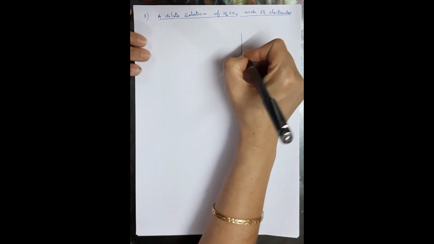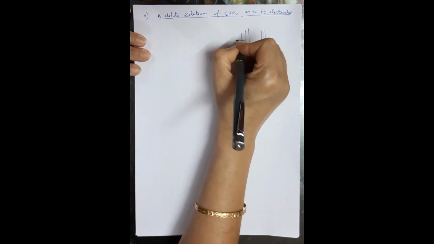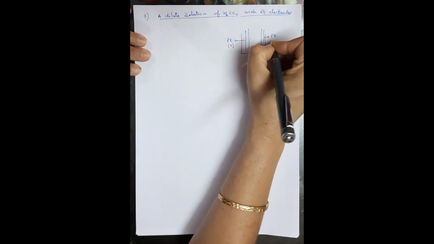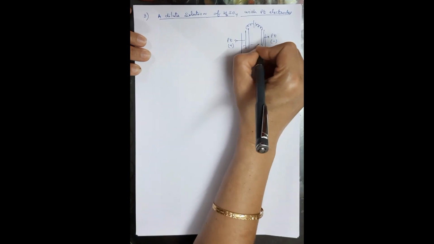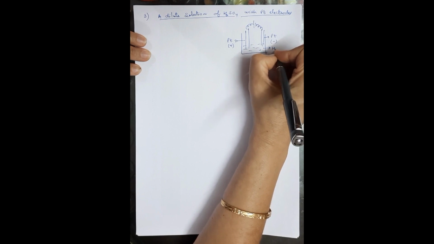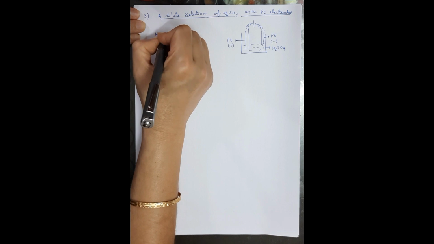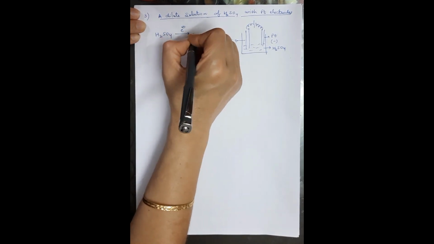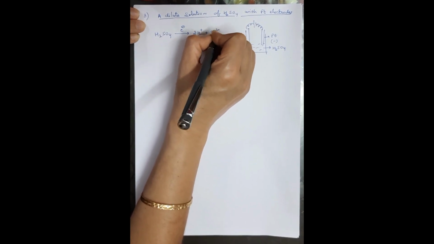Now again, if you remember, we'll make the diagram. These are the two electrodes. This is anode. This is made up of platinum. This is positively charged. This is also platinum. This is cathode. This is negatively charged. They are connected to a battery. And here there is electrolytic solution, that is H2SO4. See what happens in this case. H2SO4 is an electrolyte. When you pass electricity through this, it changes to 2H plus and sulfate ions are there.